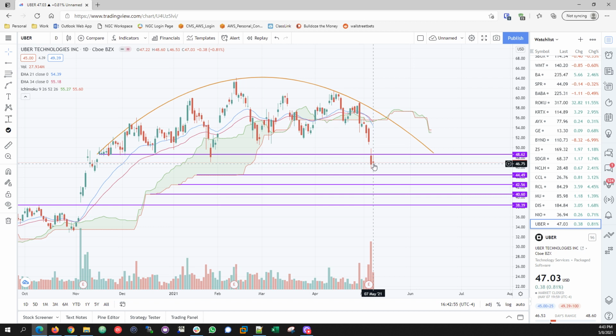And what a coincidence, guys. I'm reviewing Uber and I've just received an email from Uber. I guess they must be hearing me reviewing their stock. But that's it. It looks bearish. You're probably going to get a down move to 44.50. The chart looks bearish at this point with a rounding top.